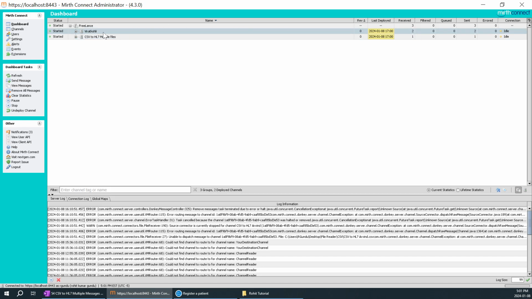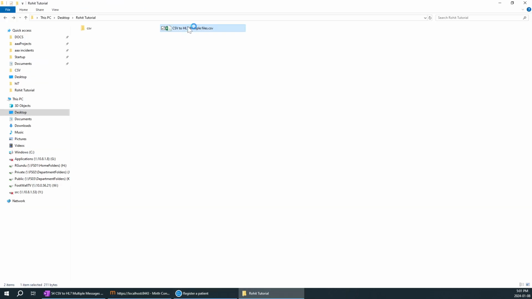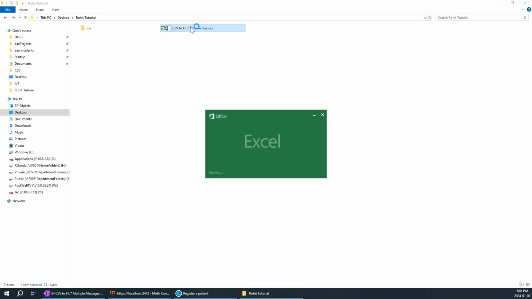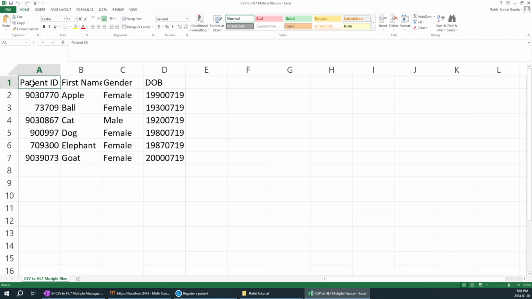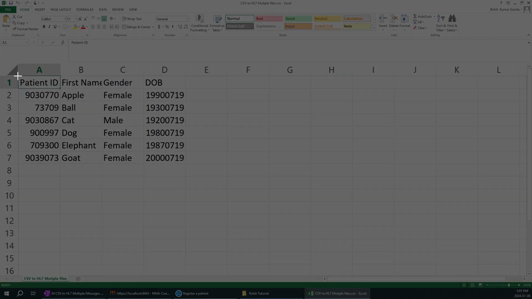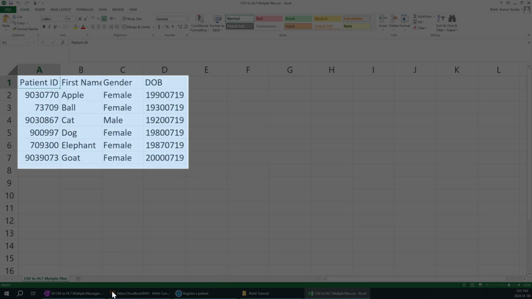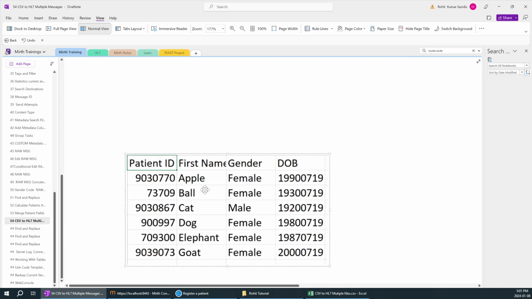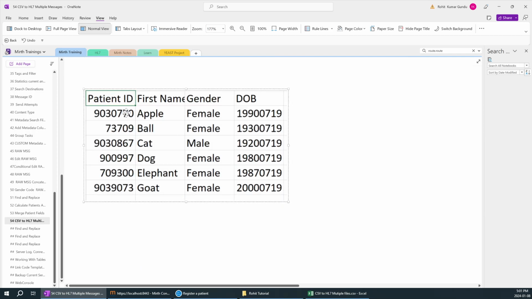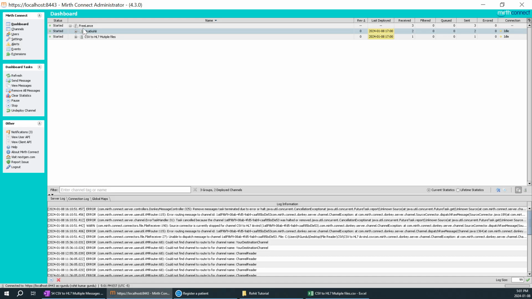So we'll check whether the two messages match our logic or not. For our understanding, we will copy this somewhere so it would be very easy to understand. I just want to copy the numbers which we are trying to pull. I'll make it larger. Perfect. I'll take a screenshot and paste it over here. That looks good. So now we'll see the messages with patient IDs 9030 and 73709. I'll go to Mirth, Virat Kohli,